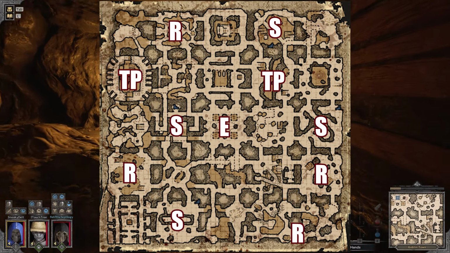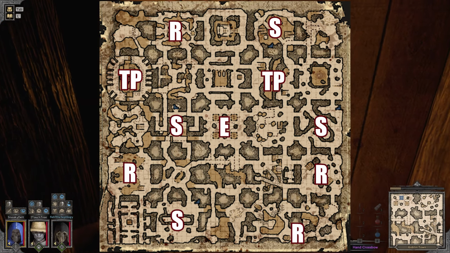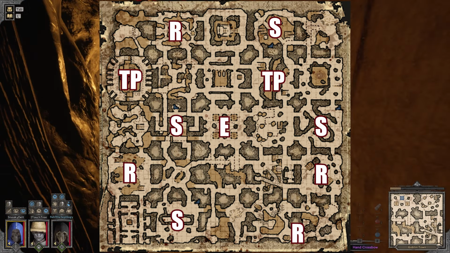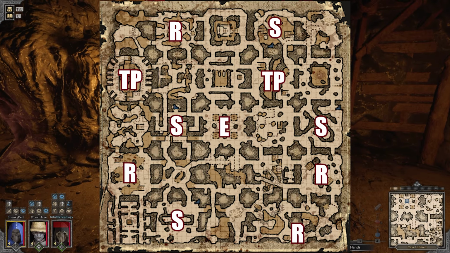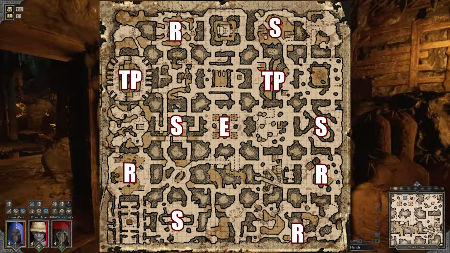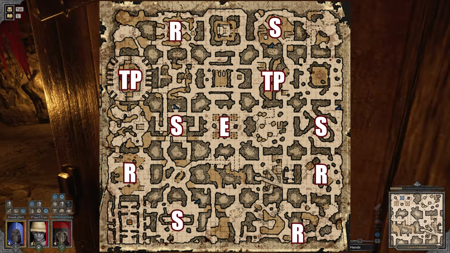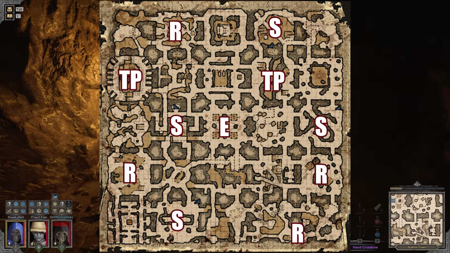Goblin Caves has 4 different ways to escape. The way that I have these marked on here, R is ropes, S is staircase, TP is triple portal, and E is elevator. If you're playing solo, any of these works, but if you're playing duos or trios in the Goblin Caves and you're wanting to escape together, you only want to go to the triple portals and the elevators. That means you only really have 3 spawns to go to,